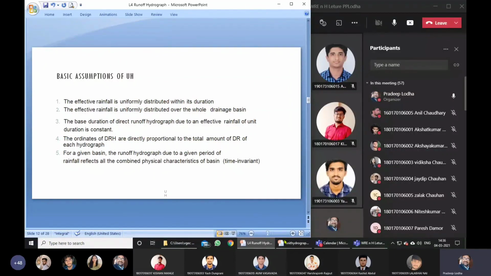तो ये इसके एजम्पशंस हैं जो एक बार आप जरूर you go through these points कि हमने क्या क्या assume किया है कि before coming to the point कि ये हमारा unit hydrograph है, we assume that effective rainfall is uniformly distributed, पूरे के पूरे catchment में एक ही जैसी बारिश हो रही है, यहाँ कम वहाँ ज़्यादा नहीं हो रही। effective rainfall मतलब जो rainfall runoff generate करे, जो रेनफॉल, इफेक्टिव रेनफॉल और रेनफॉल में क्या अंतर है, जो रेनफॉल रन ऑफ जनरेट करे उसी को हम इफेक्टिव कहते हैं यहाँ पे। अदरवाइज जो कम है, जो ड्रिजलिंग टाइप है, वो रन ऑफ जनरेट ही नहीं करता, तो वो इफेक्टिव नहीं है। तो द इफेक्टिव रेनफॉल इज यूनिफॉर्मली डिस्ट्रीब्यूटेड, द बेसिक ड्यूरेशन